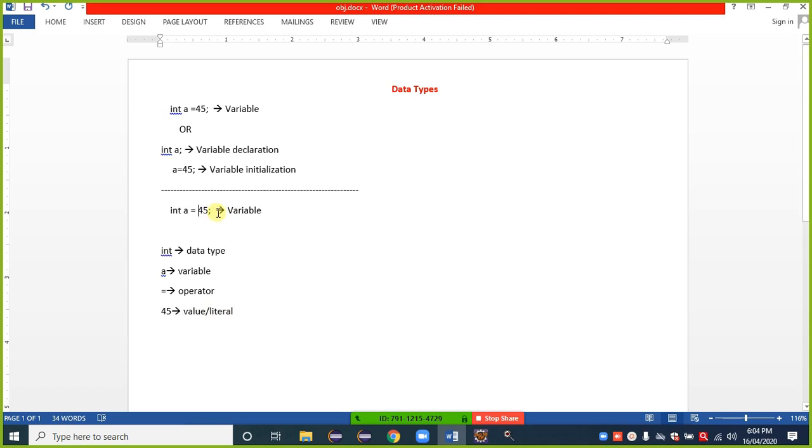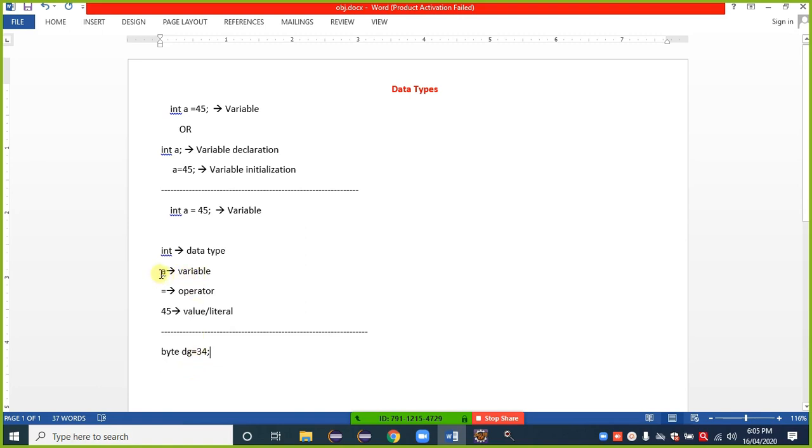Next session we are going to learn about variables and their types. In this session we are only considering what is a data type, but a data type is always used along with a variable. Suppose we have byte d is equal to 34. We can go with it like this.